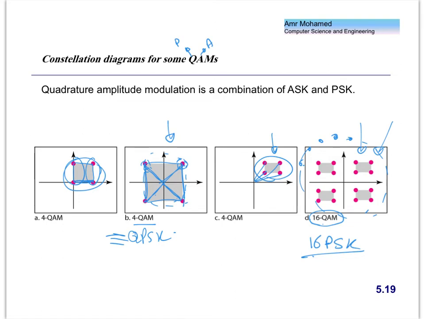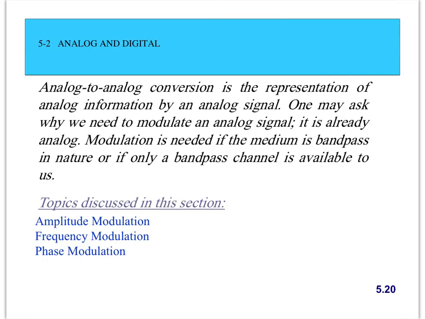So for QAM, it's 1 plus D times S. For PSK, it's 1 plus D times S. However, QAM tends to be even more noise resistant because the symbols are arranged with some distance between each 2 symbols, which reduces the probability of error. Any questions so far? واضح النقطة دي يا شباب؟